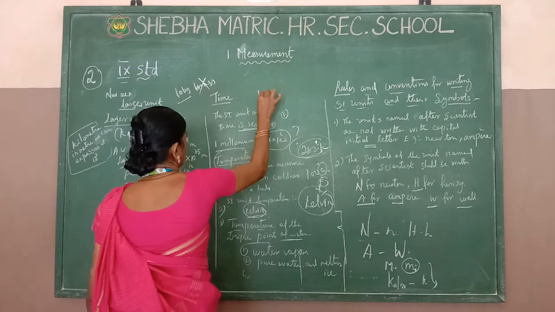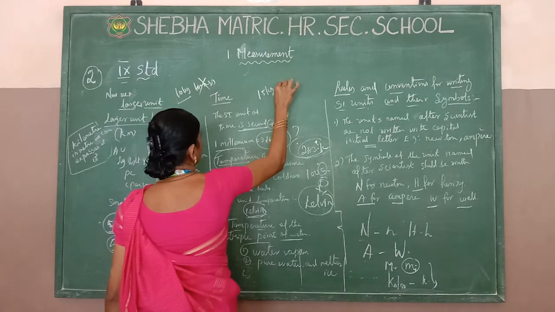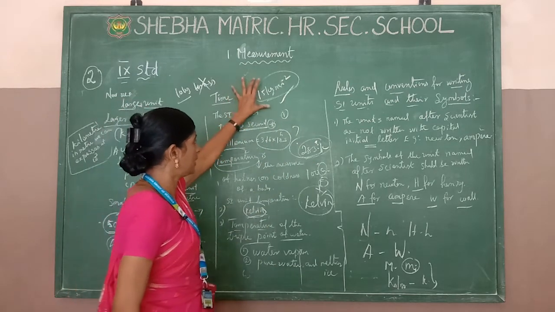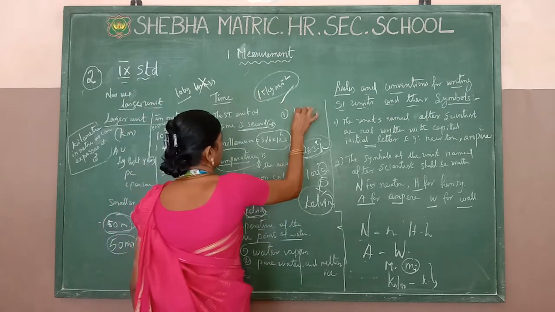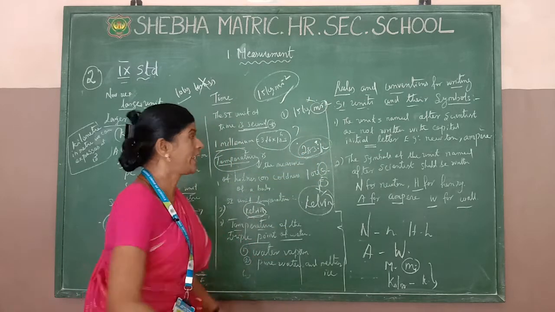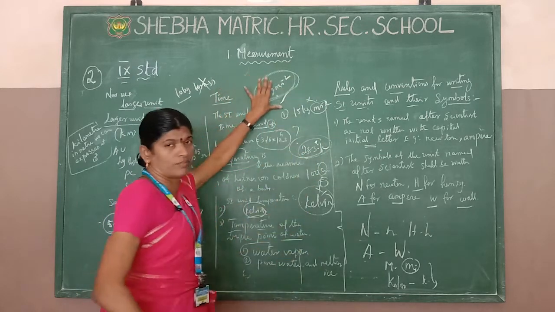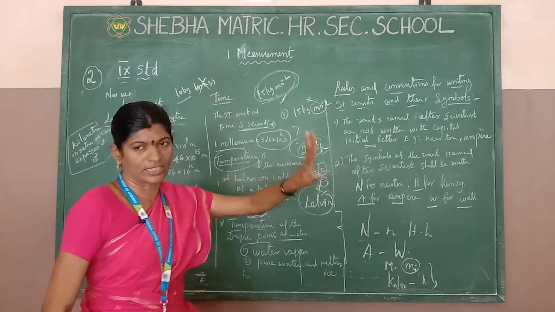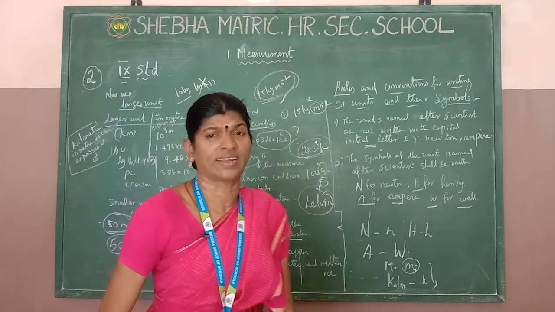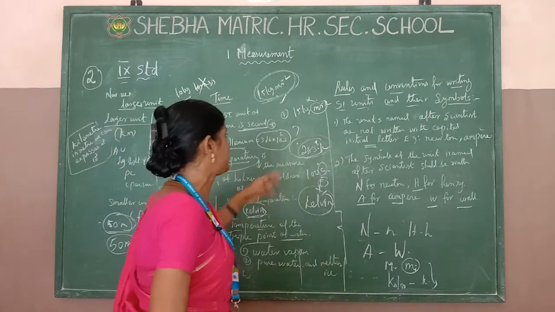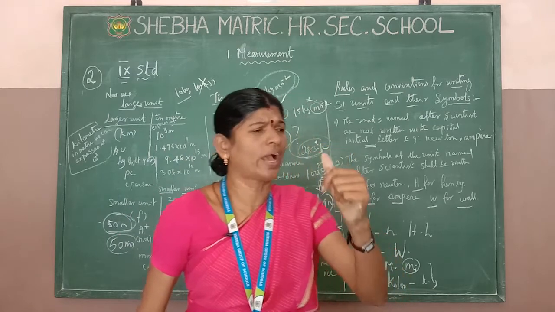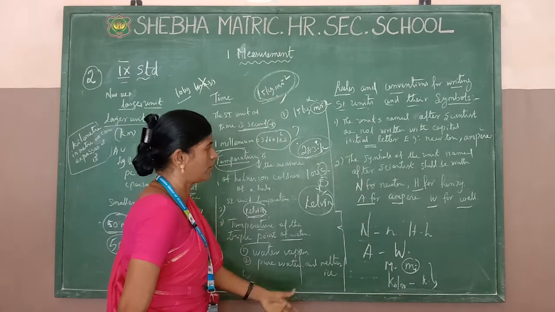For example, 15 kilogram meter second square is the only correct answer. 50 kilogram meter square, this is not good. You write the continuous form, 15 kg meter second squares. So what is the reading purpose? These are the rules and conversions for writing SI units: the scientific names are for the units, and symbols are used only for the symbols. These are all the methods.